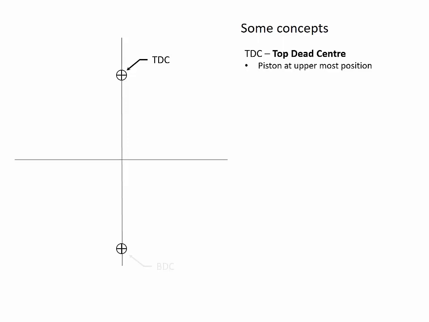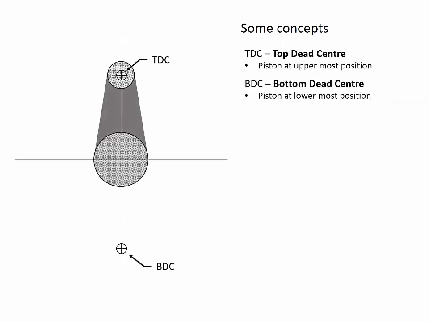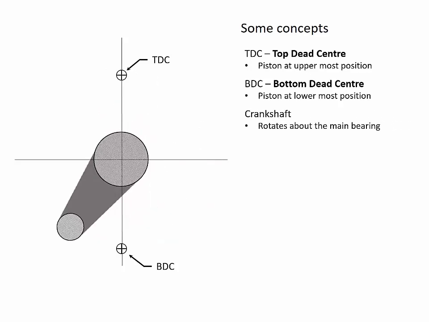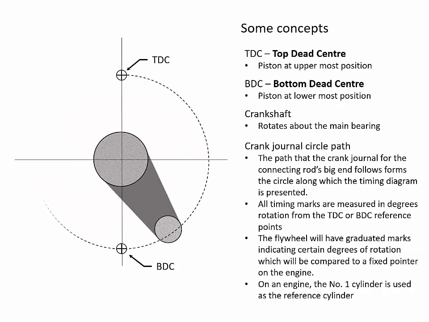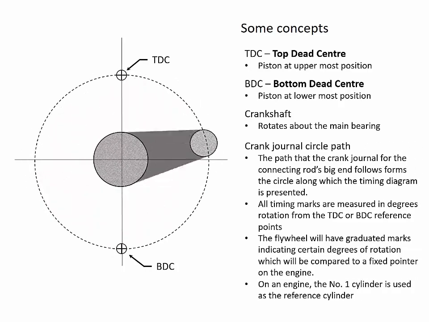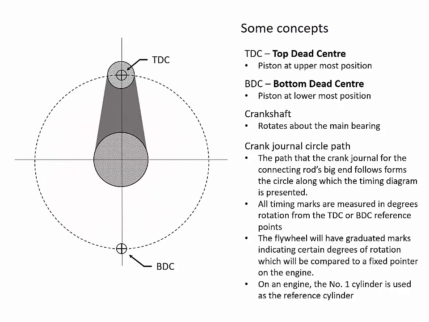When the piston is at its uppermost position, this is the top dead center position. The crankshaft is vertically aligned and the piston is at top dead center. When the crankshaft turns to the bottom and the piston is at its lowest position, this is known as bottom dead center. The crankshaft will be vertically aligned at its lowest point, bottom dead center. The distance between the two is the piston travel, and known as the swept volume